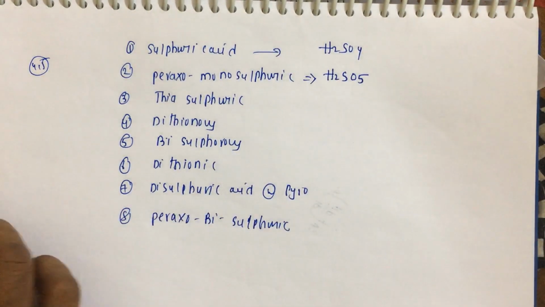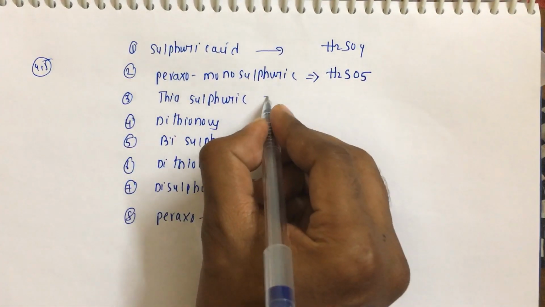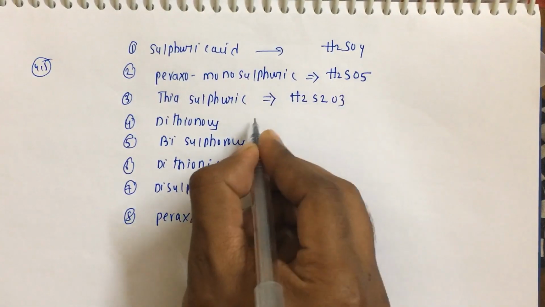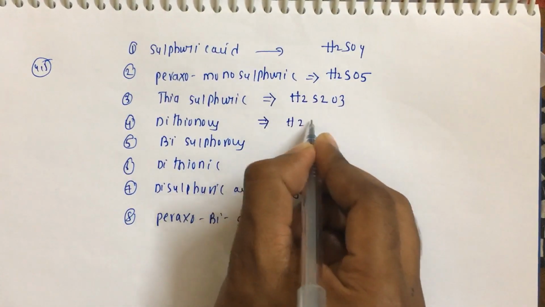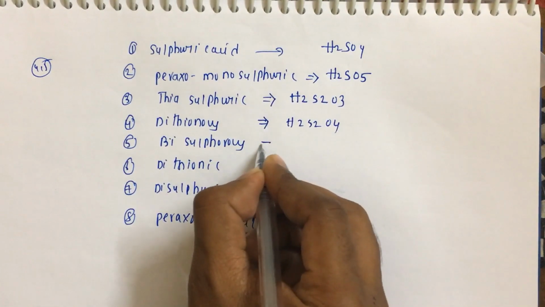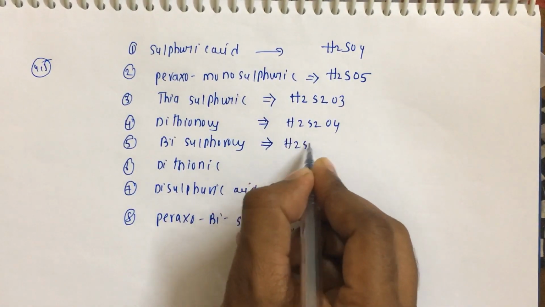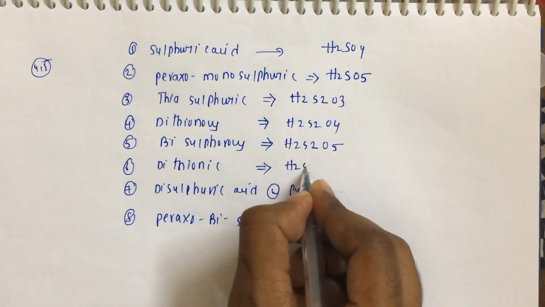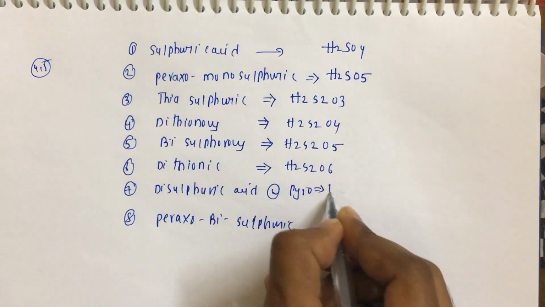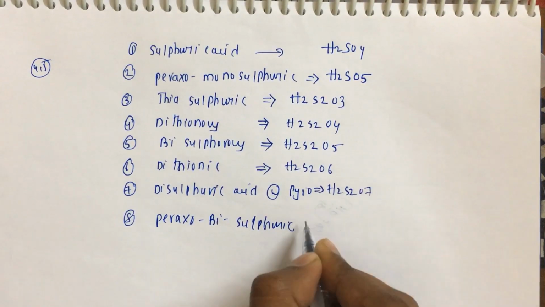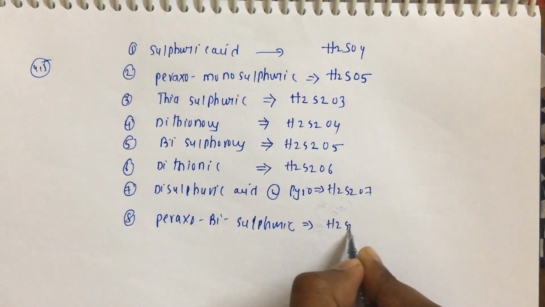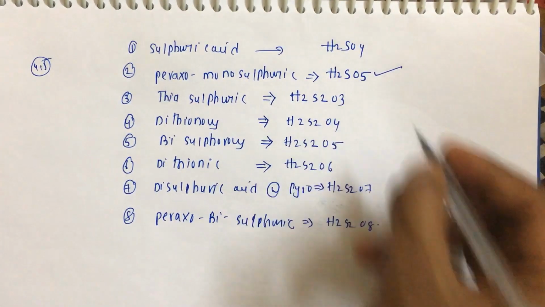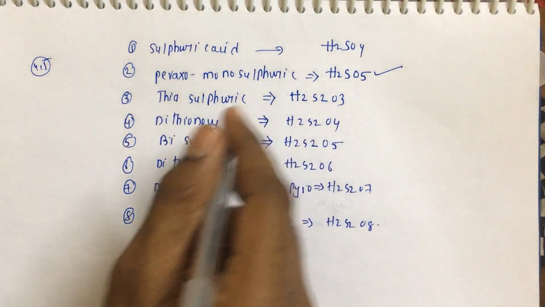Okay, this is the second one. And thiosulfuric acid means H2S2O3, and here H2S2O4, then H2S2O5, H2S2O6, H2S2O7, H2S2O8. Okay, so this is clear why we are calling it as a monosulfuric acid, because